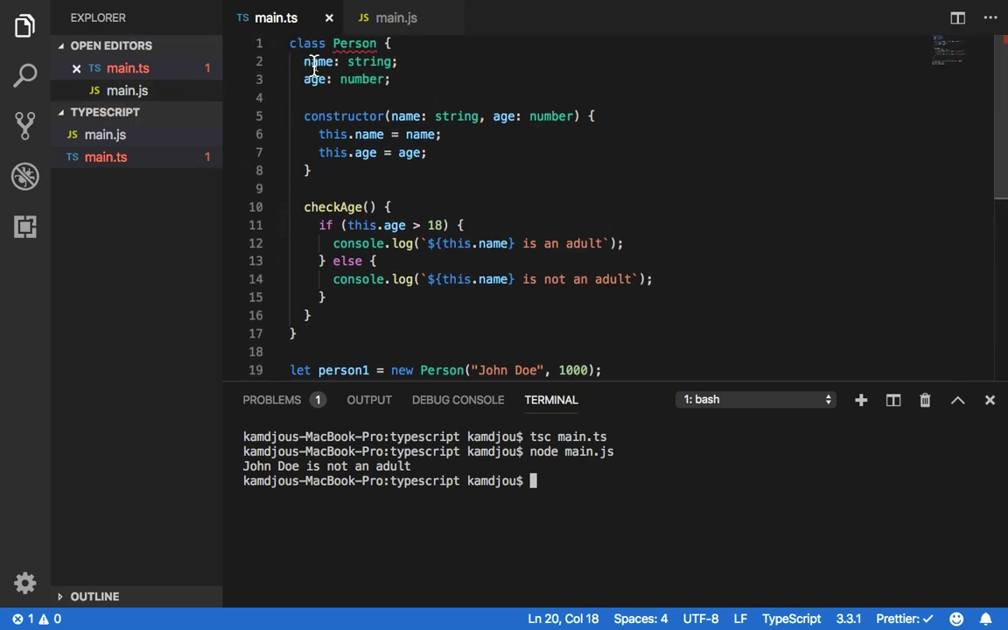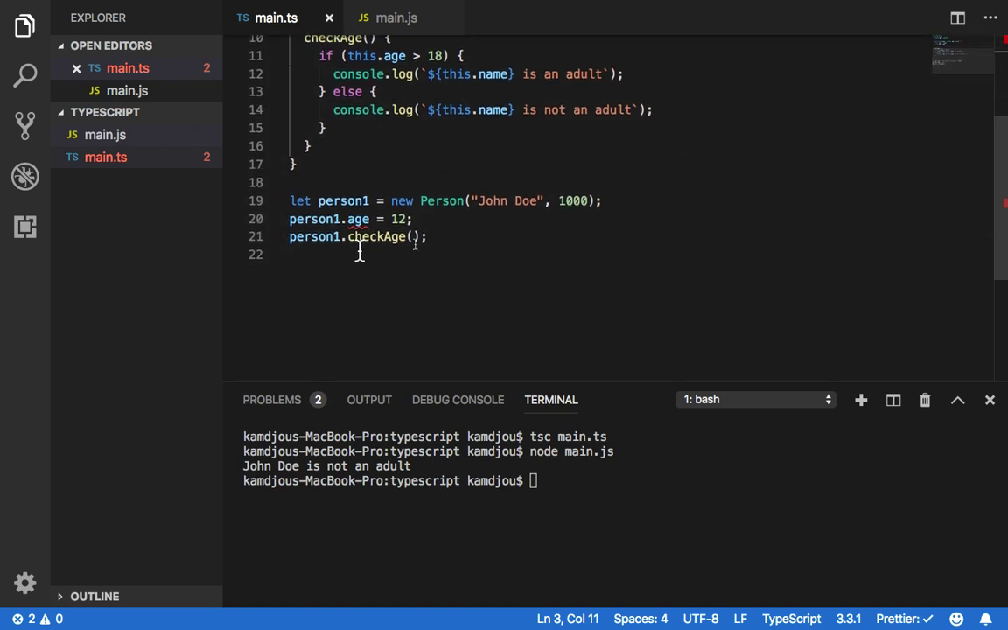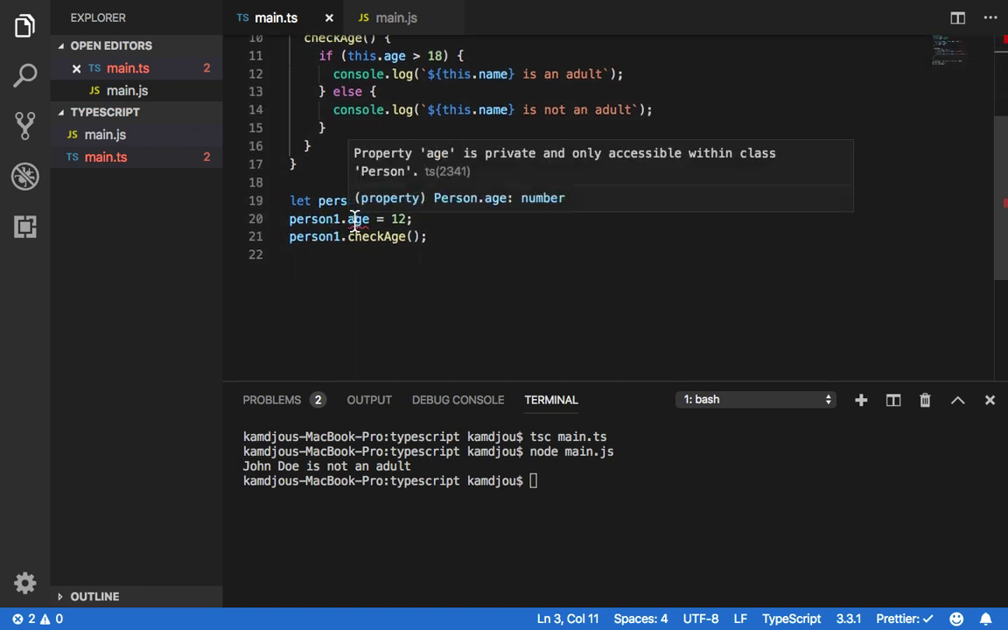So you come here where we are declaring the name and the age, you just prefix it with private name, and you come here and you say private age. Just by adding this private access modifier, you see that we have an error here for the age. You see that property age is private and only accessible within the class. Meaning that we cannot